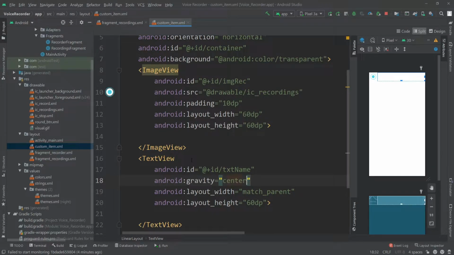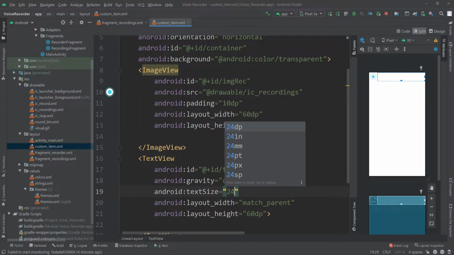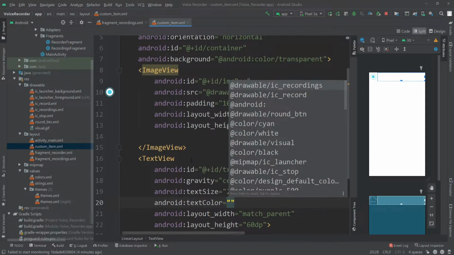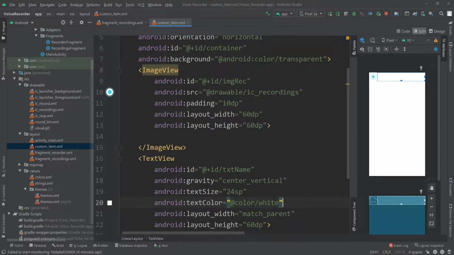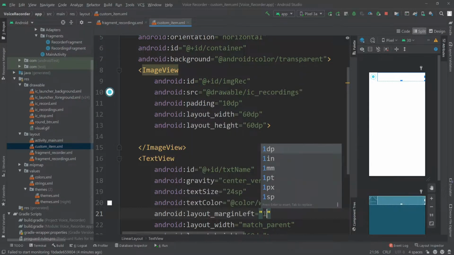Let's actually change this to center vertical. That will do much better. Let's change the text size to 24 sp maybe. I think that is fine. Let's change the text color to white, @color/white. Let's give this a margin to the left of 10 dp,